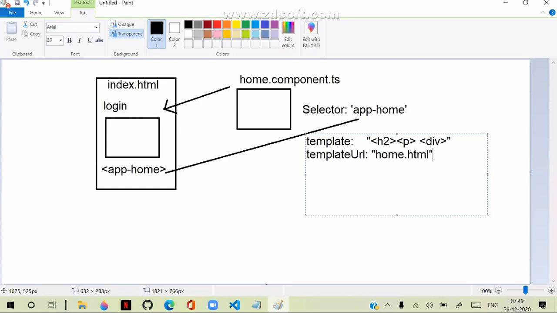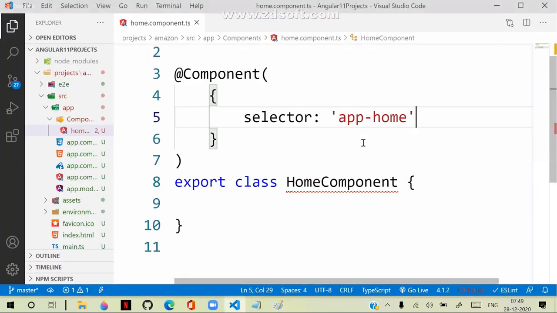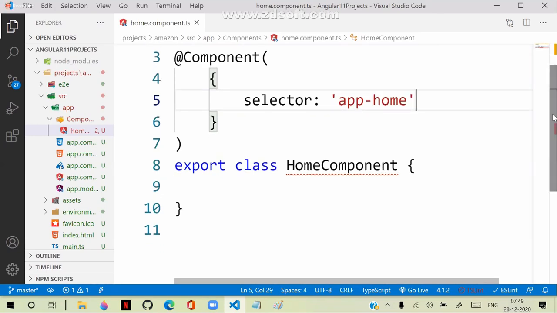Generally, if you are bringing from an existing file, that means it is not the inline technique. That means there is a separate file, that is the code behind technique. Currently, we will see the inline technique. Inline technique means whenever anyone accesses this app home, what should it render? We will configure and define that here.